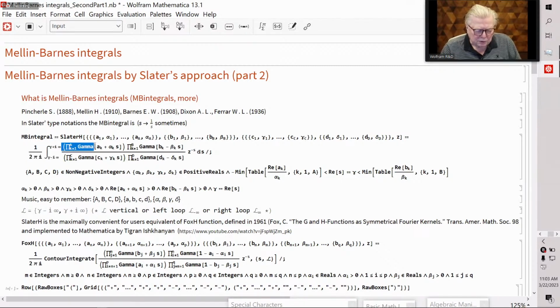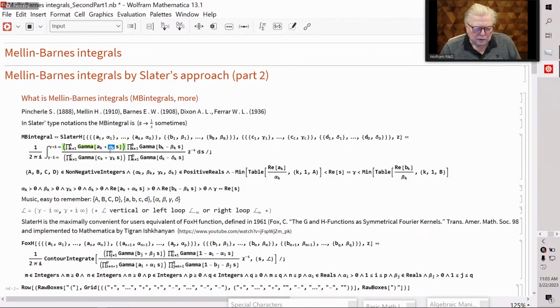And inside of this integral, we have a ratio of products of gamma functions, and here you see linear combinations with respect to s, and here alpha k positive,